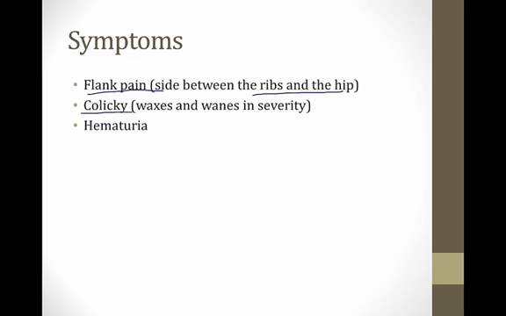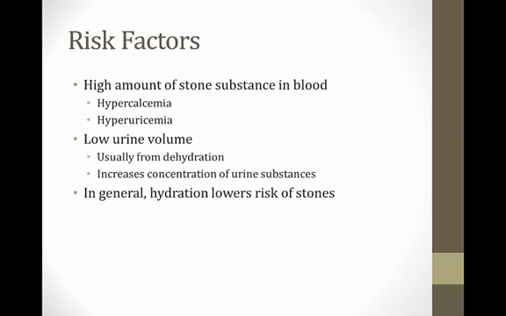And then finally, most patients who have kidney stones have hematuria from damage to the ureters and collecting system by the stone. There are some common risk factors to all types of kidney stones that you should know about, and the first is to have a high amount of a stone-forming substance in the blood. So if you have hypercalcemia, you are more likely to get a calcium stone than someone whose calcium levels are normal. If you have hyperuricemia, you're more likely to get a uric acid stone than someone with normal urate levels